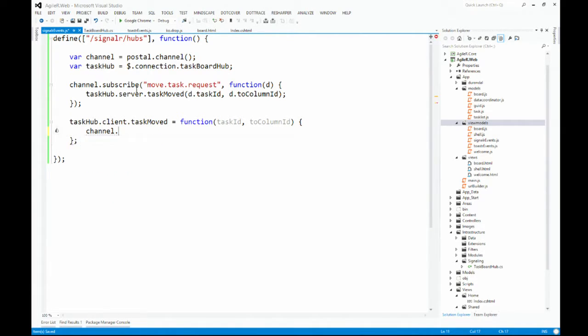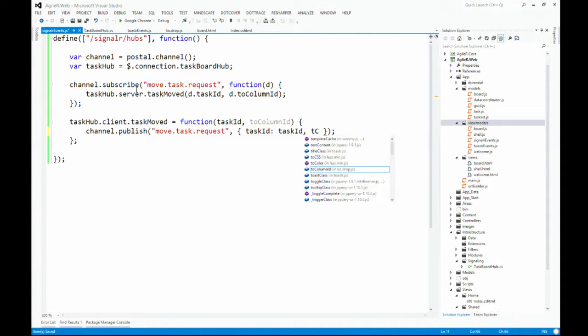So when that happens, I want to pass it back to my postal service. So post the move task event. So one is subscribing to things that happen locally. One is subscribing to things that happen coming from the server. So subscribe to that, and that guy is just a normal JSON object. So pass in the task ID and to column ID.